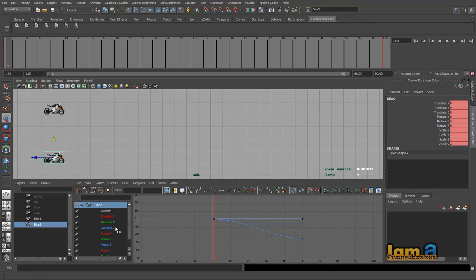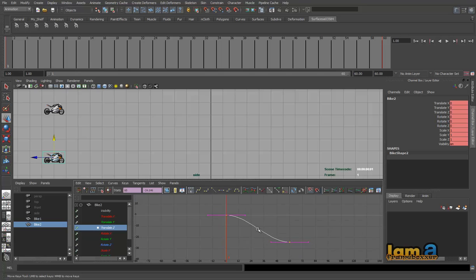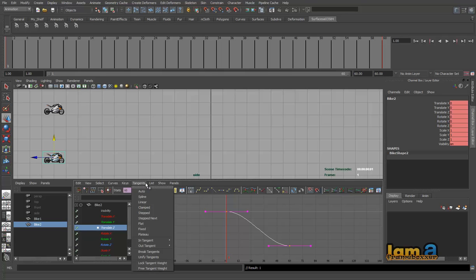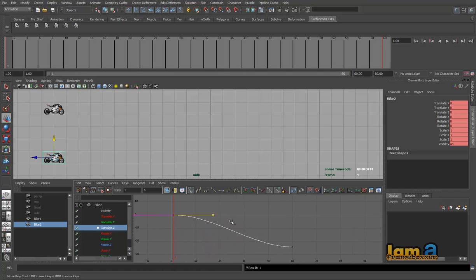So let's get on to translate Z of the second bike. Select this one and let's go to Curves, Weighted Tangent and Keys. We can go into Tangents and Free Tangent Weight, and then let's choose the first key and start moving this.